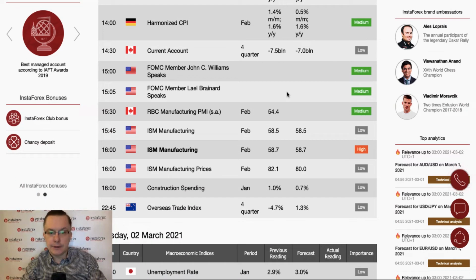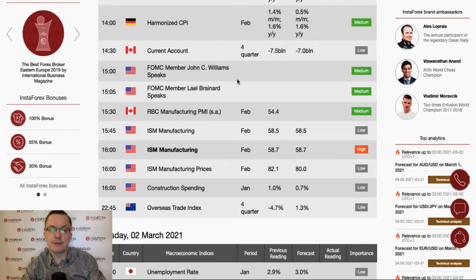During the New York session, we have ISM manufacturing data scheduled for release at 4 o'clock. Of course, this is in addition to the Eurozone manufacturing data that will be published during the London session. We got the construction spending data at 4 o'clock scheduled for release as well, and then, but first, we got the FOMC members' speeches from John Williams